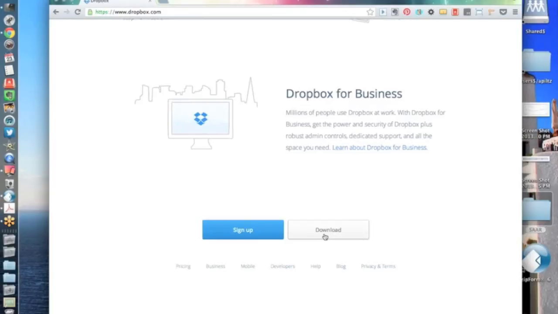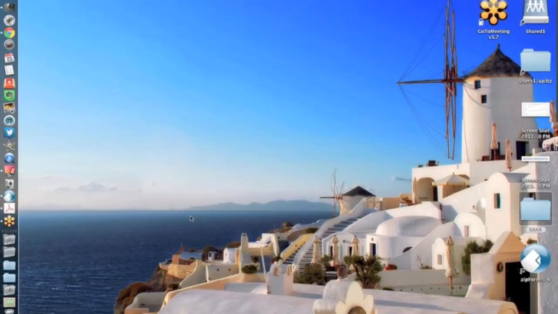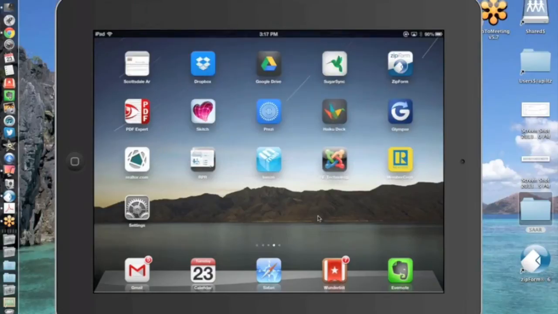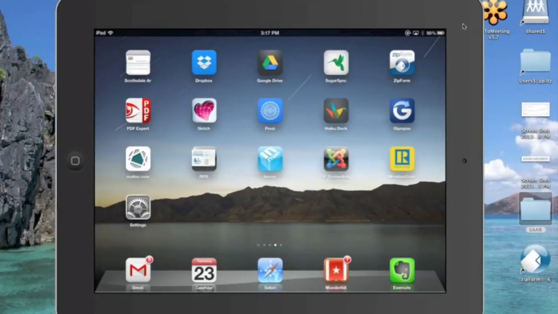So when you download Dropbox, you never really have to go to the Dropbox.com website ever again. It lives on your computer and it basically becomes just like another folder on your computer. So instead of saving something to the My Documents folder, you're just going to save it to your Dropbox folder. And I'll show you a little bit of that in action. So let me switch over here